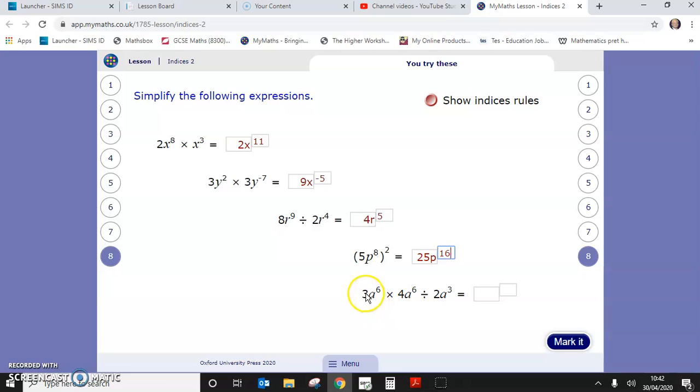And this one here, 3 times 4 gives me 12. And 12a to the power of 12. 12a to the power of 12 is this little bit here. Now I'm going to go on and do my product of these two here, and divide by 2. So 2 goes into that 6 times. A cubed, a to the power of 12, I subtract that away,